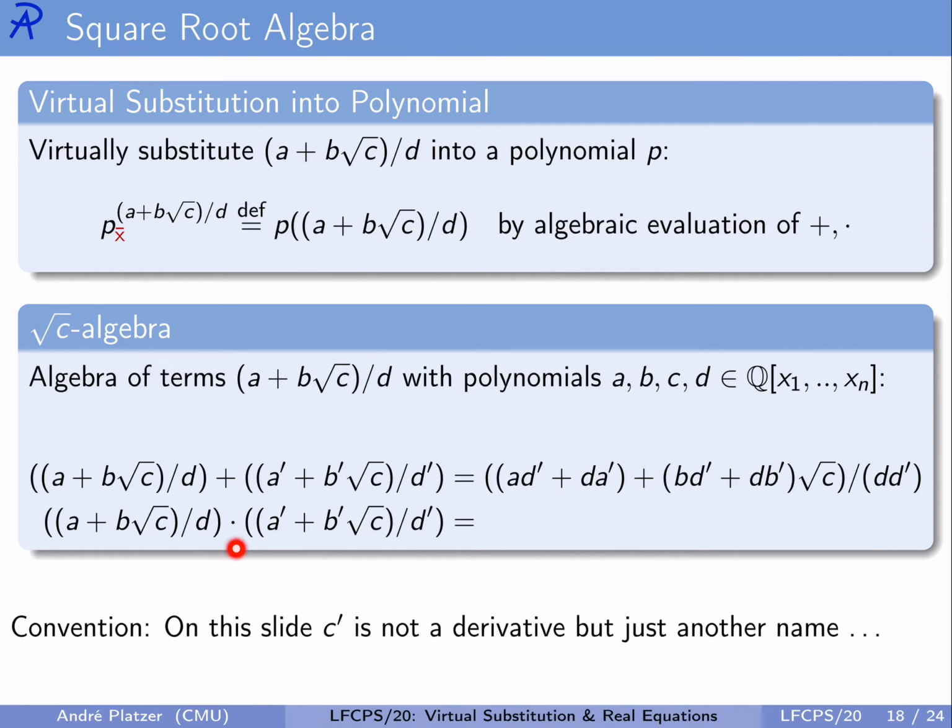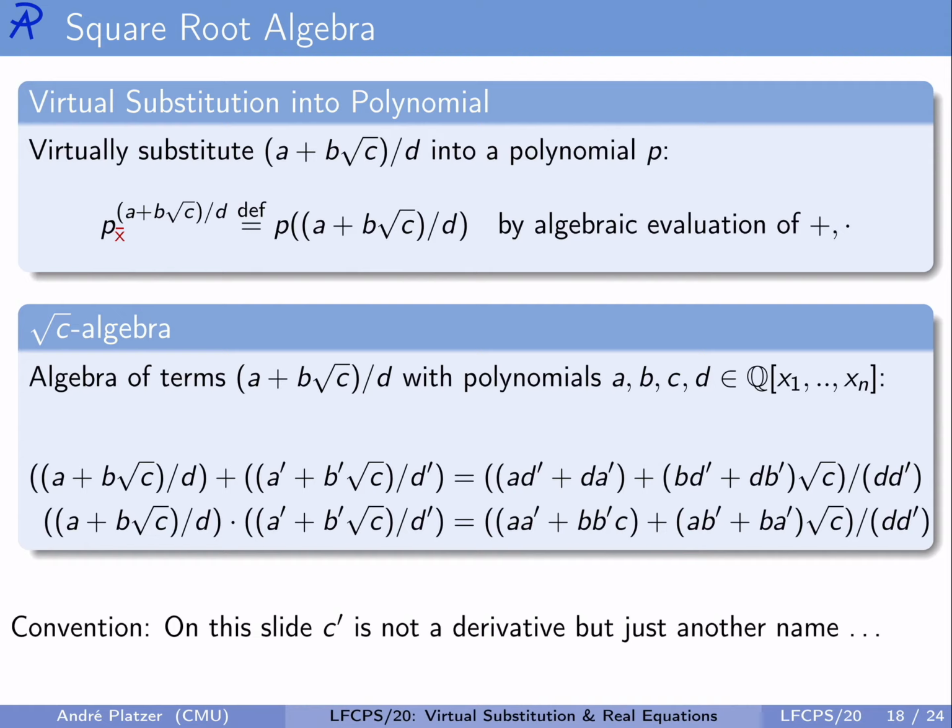Do we do it for multiplication? Well, like that, except we don't need to bring things artificially and on top. We just multiply the tops and multiply the bottoms, right? So that will also give us dd prime, just by having multiplied that. But now we multiply this with that, and that certainly gives us a times a prime, and it certainly gives